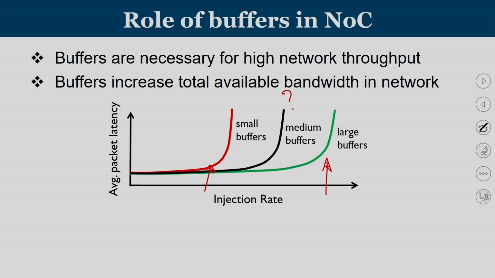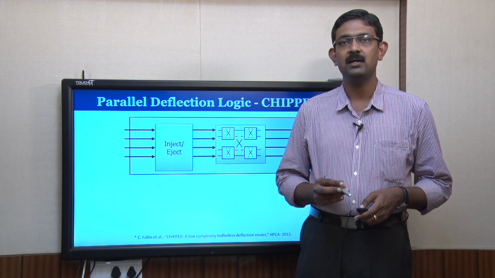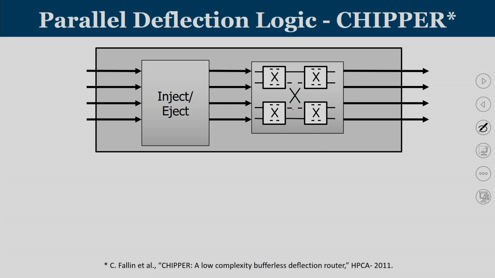Let us say we will not keep buffers in all the ports, but use some other kind of mechanism, and that is what is known as the concept of side buffering, or central buffering. Buffers are not available in the input ports; rather, buffers are kept at a central location, and after port allocation we see whether we should use these buffers or not.